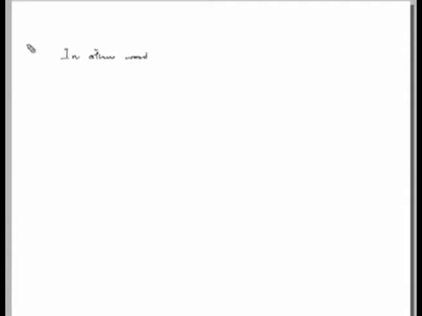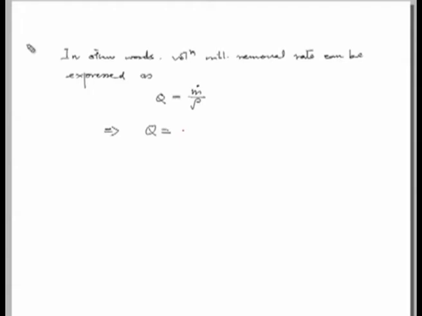In other words, volume material removal rate can be expressed as Q, which is m dot divided by the density of the material, or by substituting the other terms, Q can be arrived at as A I by rho Z F. This we can consider as the material removal rate in ECM in general,